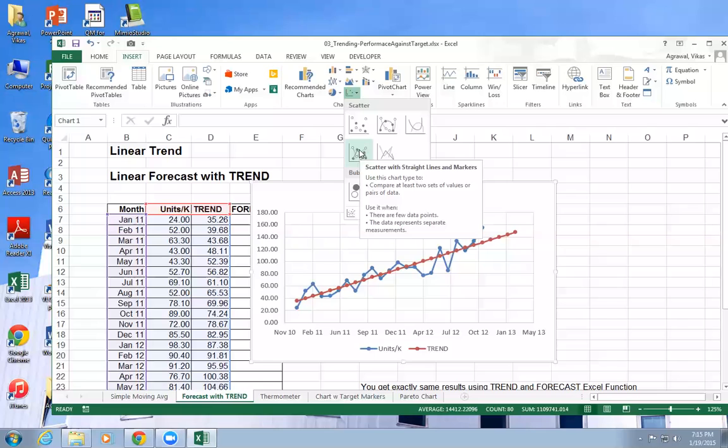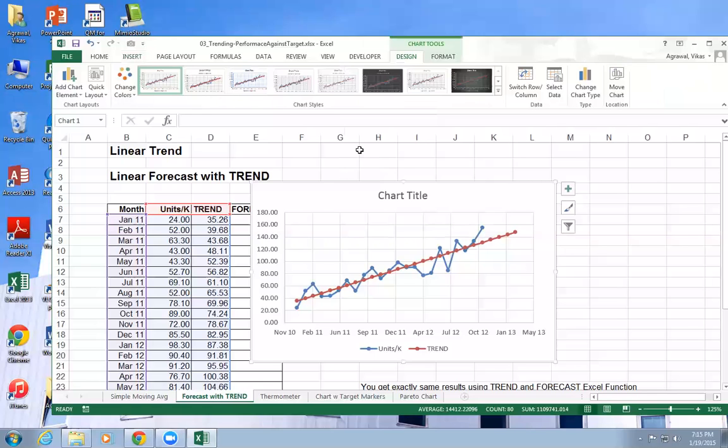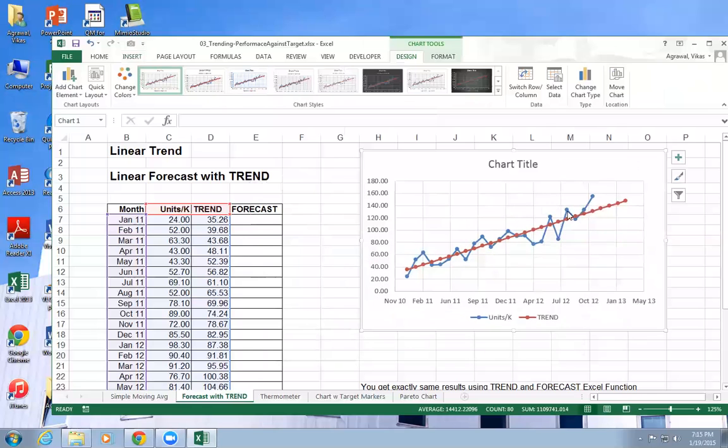This one is giving you a straight line, and you can extrapolate as much as you want, so you can do a 6 month prediction. But you should be very careful doing it, because you might end up getting the wrong answer. Don't extrapolate too much. But that's the trend here.